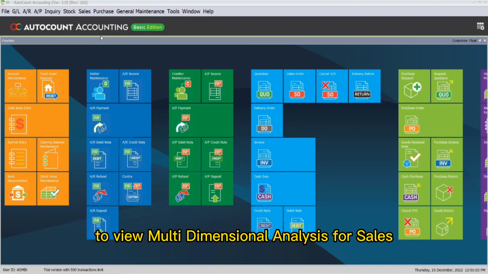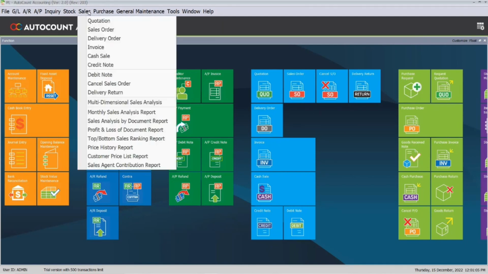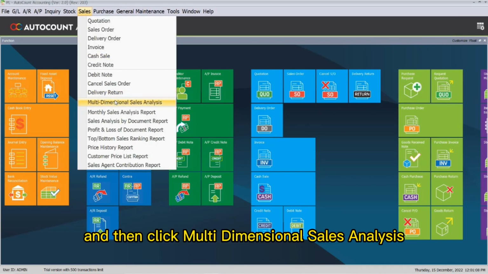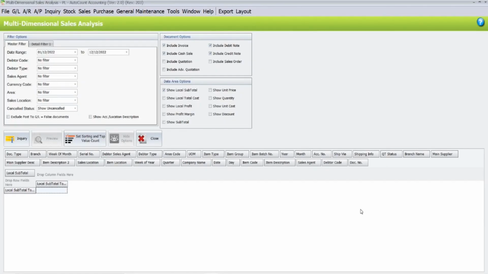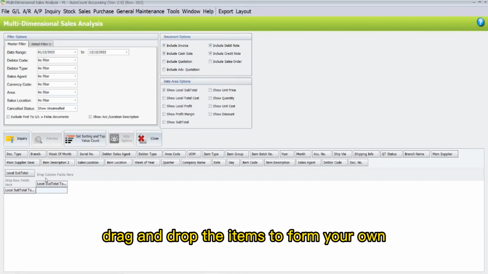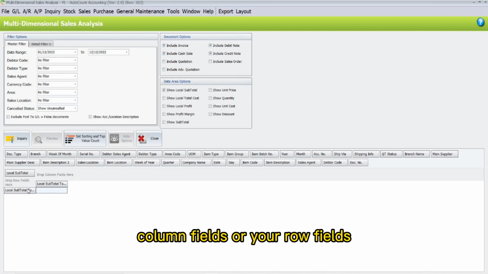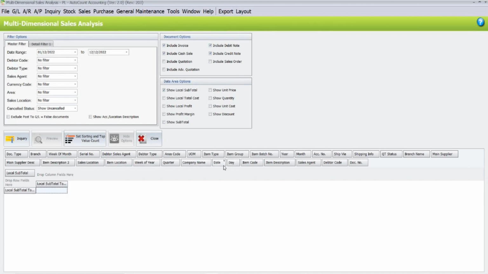To view multidimensional analysis for sales, click Sales and then click Multidimensional Sales Analysis. Here, you will be able to drag and drop the items to form your own column fields or your row fields. For example,